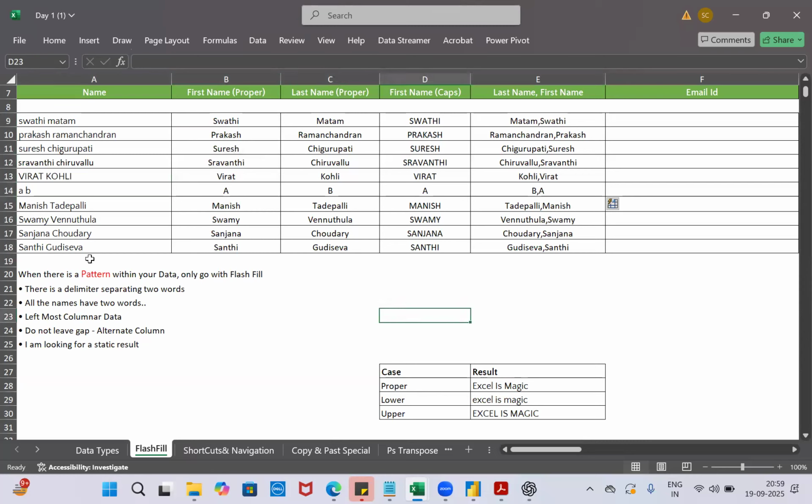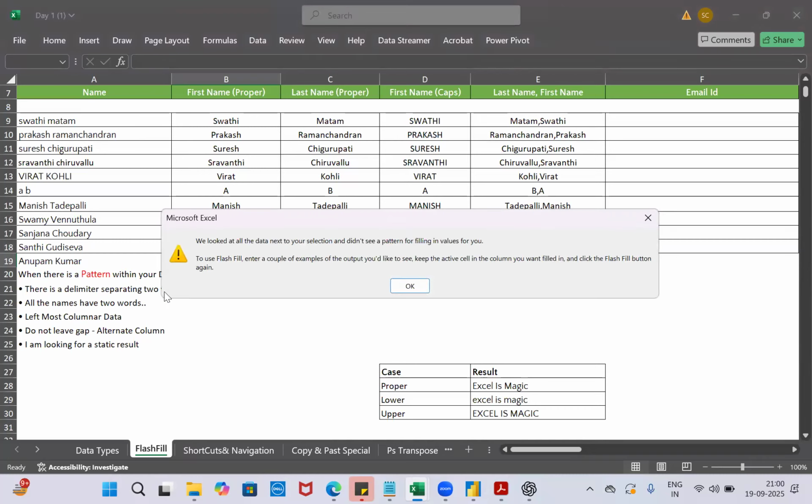And I'm looking for a static result. It's a one-time result. For example, if I give here a name, we have Anupam, right? I will give his name, Anupam Kumar. Does it update automatically, or even if I drag it, it should update, right? When I drag it, what is coming? Shanti. Shanti. It's not correct. I'm supposed to get Anupam, right? It will come only if you say it again.